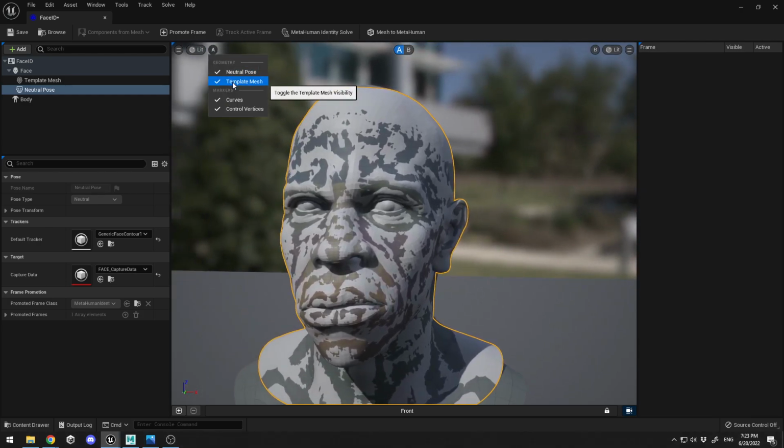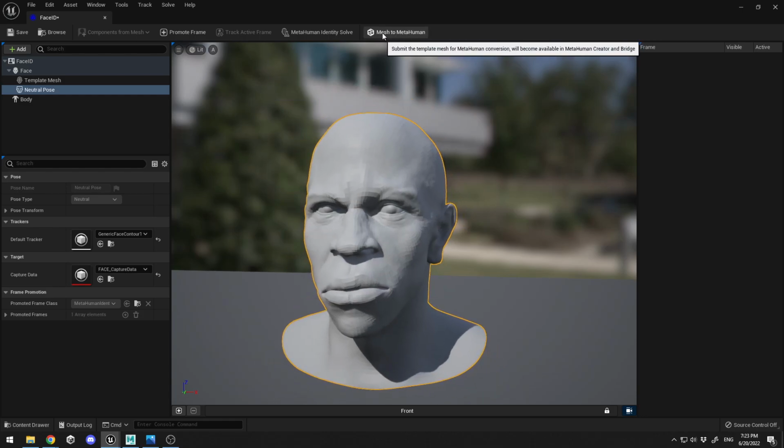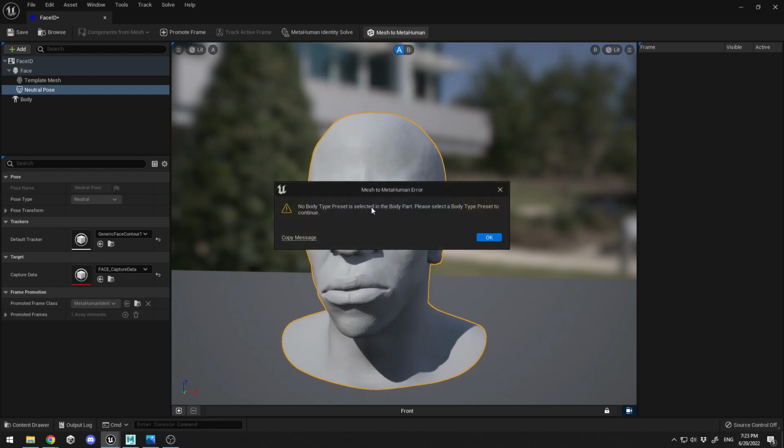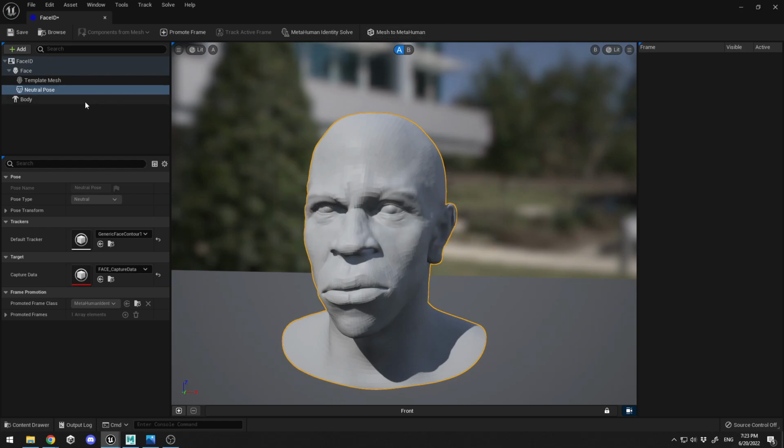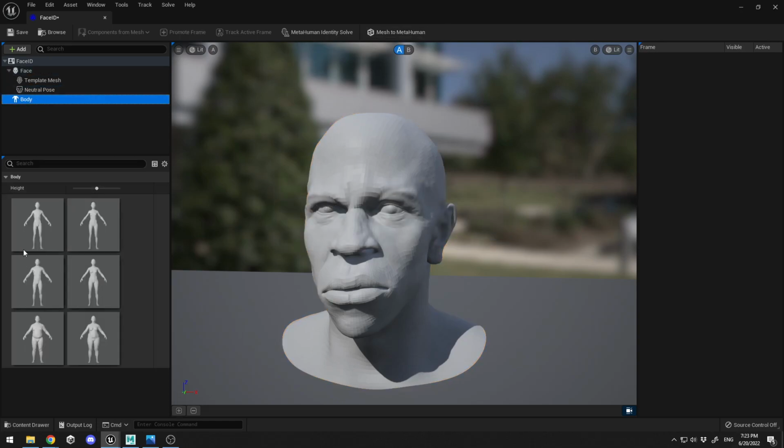And what you need to do right now is just press this button, Mesh to MetaHuman. I'm going to click it, and it says no body type present in selected body type parts. So a thing that we missed is you need to click here in the body type and select the body type. So I'm going to select this male, and I'm going to select the height for it. Maybe, yeah, maybe the maximum. And now if I click Mesh to MetaHuman, it starts sending all this data to the MetaHuman portal in Unreal